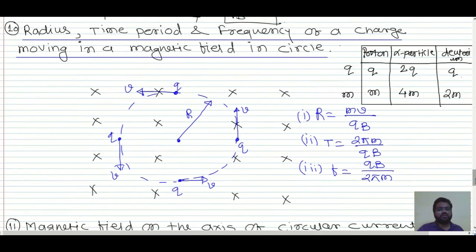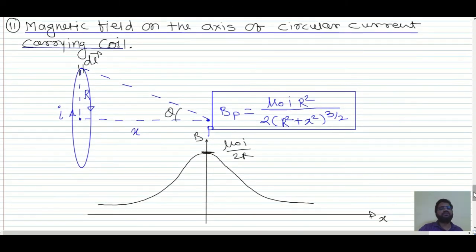So now the next one. So next thing we have is magnetic field on the axis of a circular current carrying coil. Over here also the same thing. We have magnetic field on the axis as mu naught I r square divided by twice of r square plus x square whole raised to 3 by 2. And do remember one point, and that is magnetic field is maximum at origin, right, or at the center of the current carrying coil. At the center of the current carrying coil indicates if you go to the right hand side or if you go to the left hand side from the center, you will get the magnetic field decrease, right, or it is a decreasing function we can say, right? So this is the graph which we have. From this graph we can conclude that.